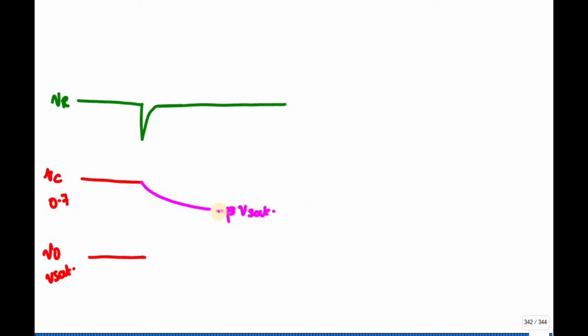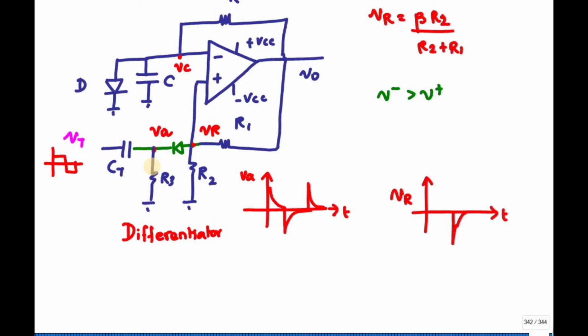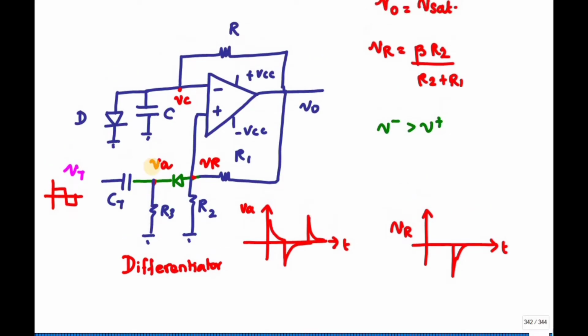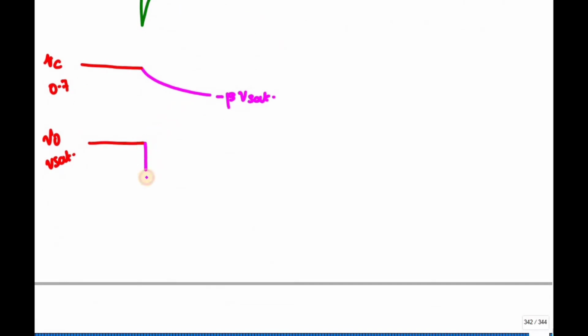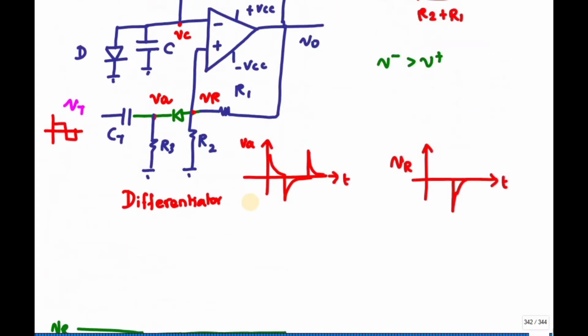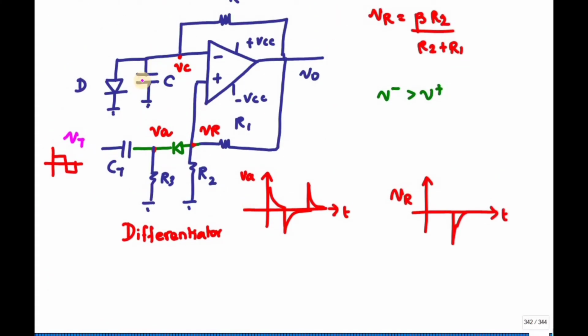Since I am applying the negative trigger pulse and V minus is greater than V plus, the output goes to minus V saturation, right? So it will go to minus V saturation. Once it reaches minus V saturation,